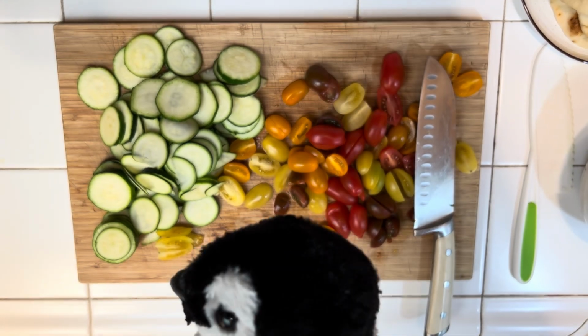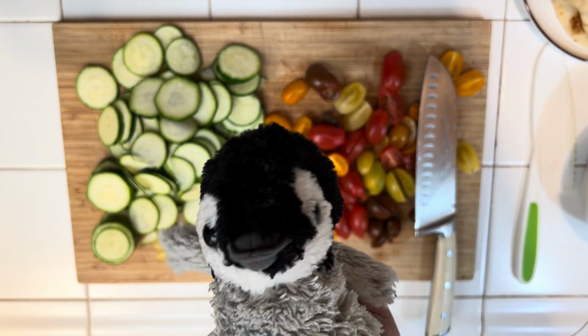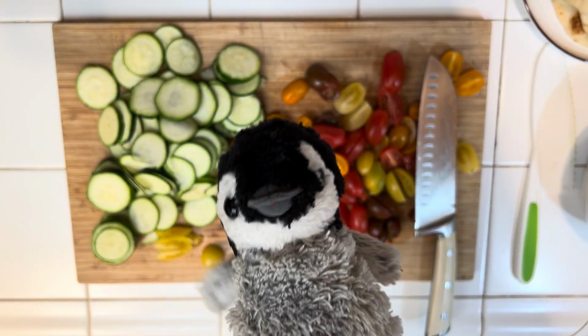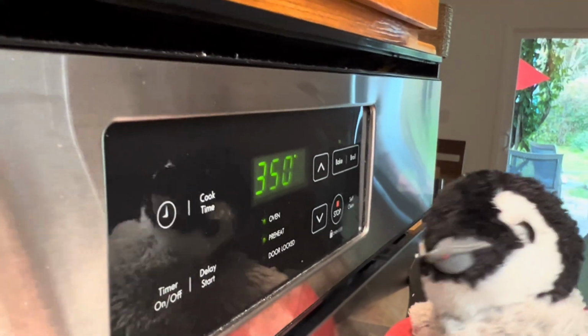Okay, now that all of our tomatoes and zucchinis are cut, it's time to combine them all in a dish with olive oil and salt and pepper. But first, don't forget to preheat the oven. Yes, we need to heat it to...